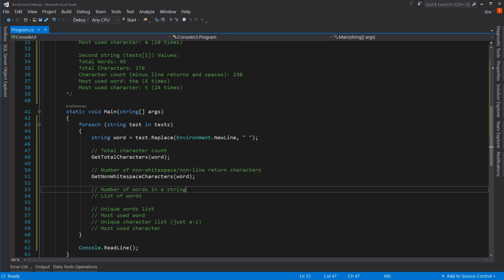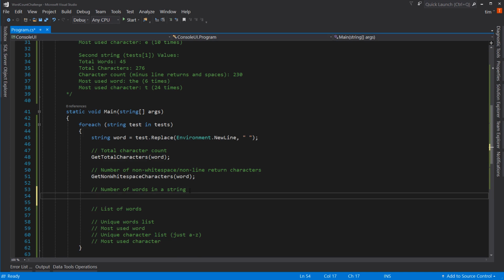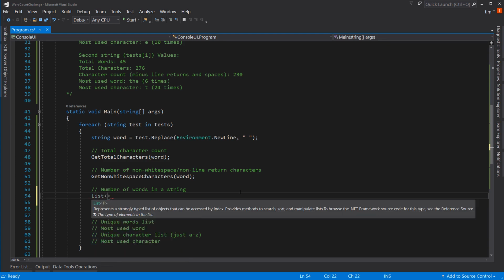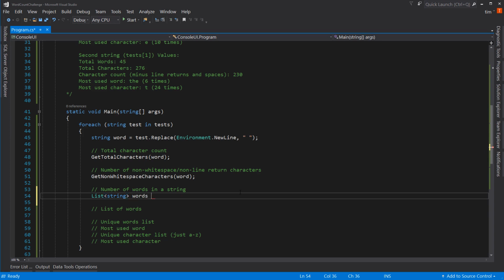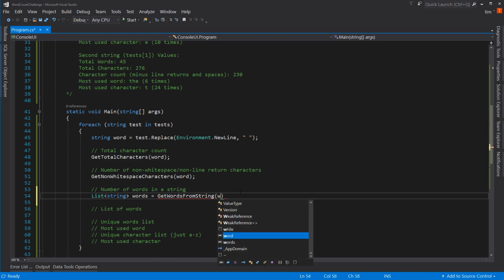Now we need to get the number of words in a string. All right, so let's define this method. I'm going to have it return the words since we need to also list the words down here. So it's going to get the words first. So list of string words equals get words from string. Pass in